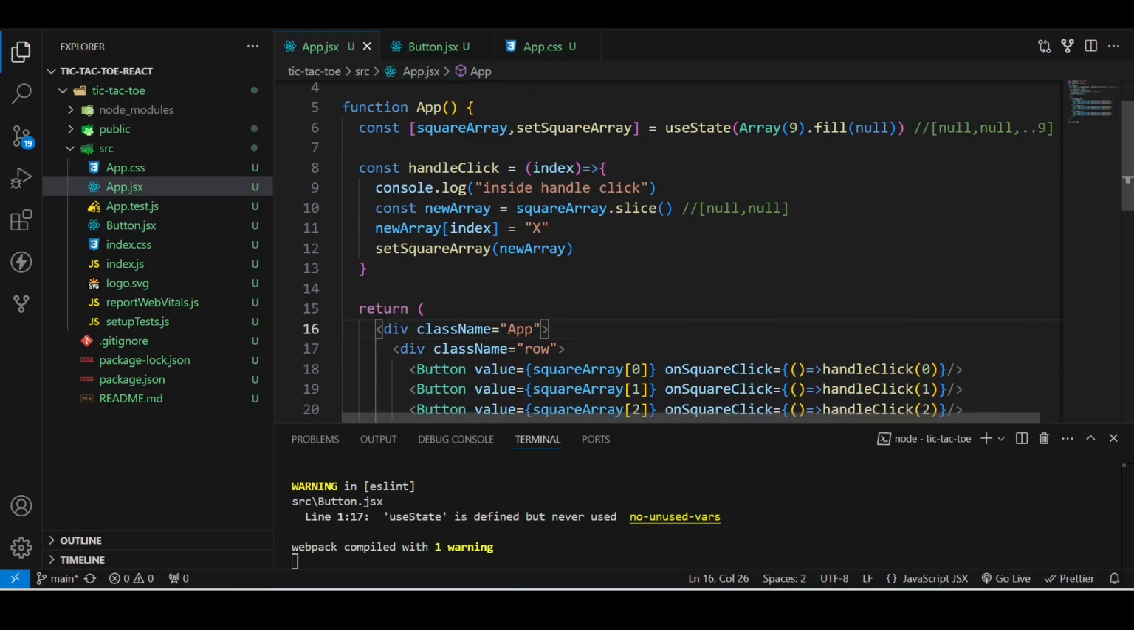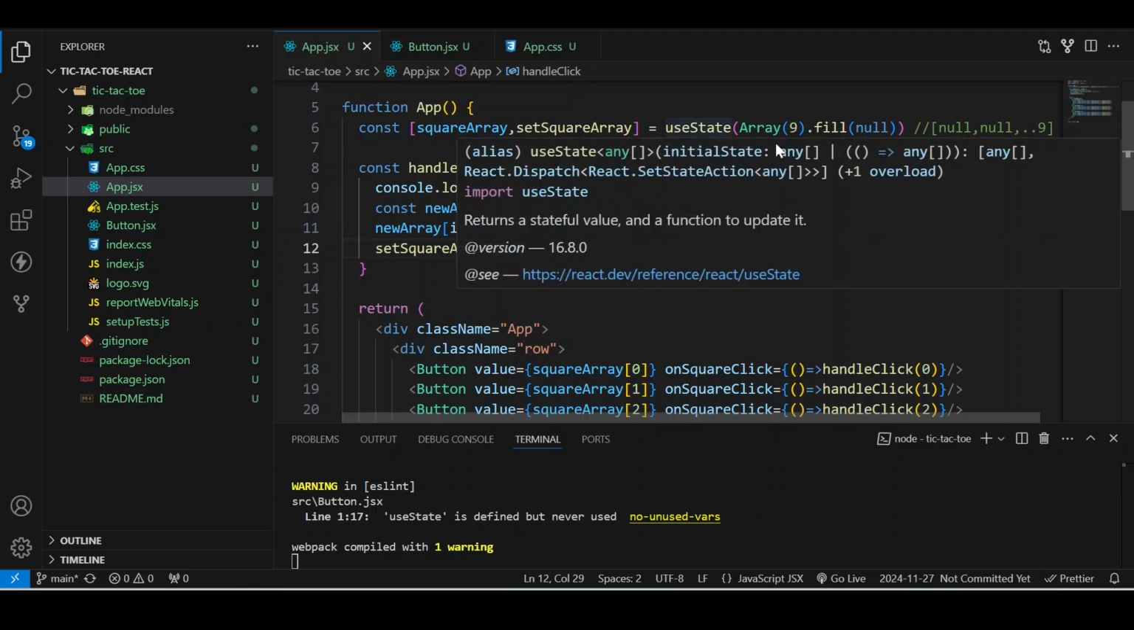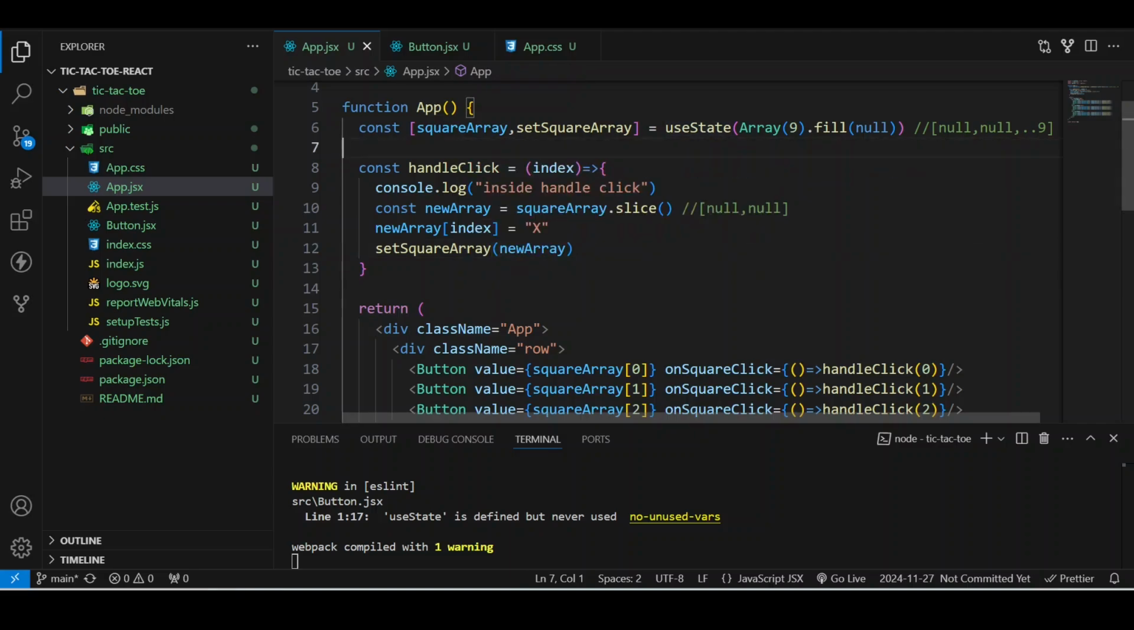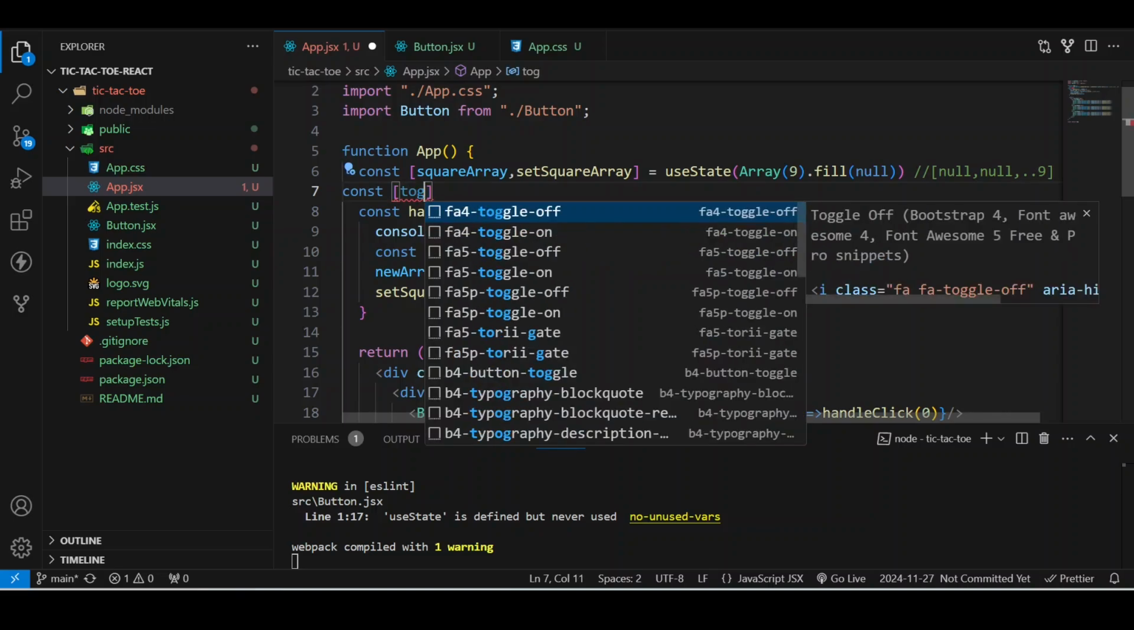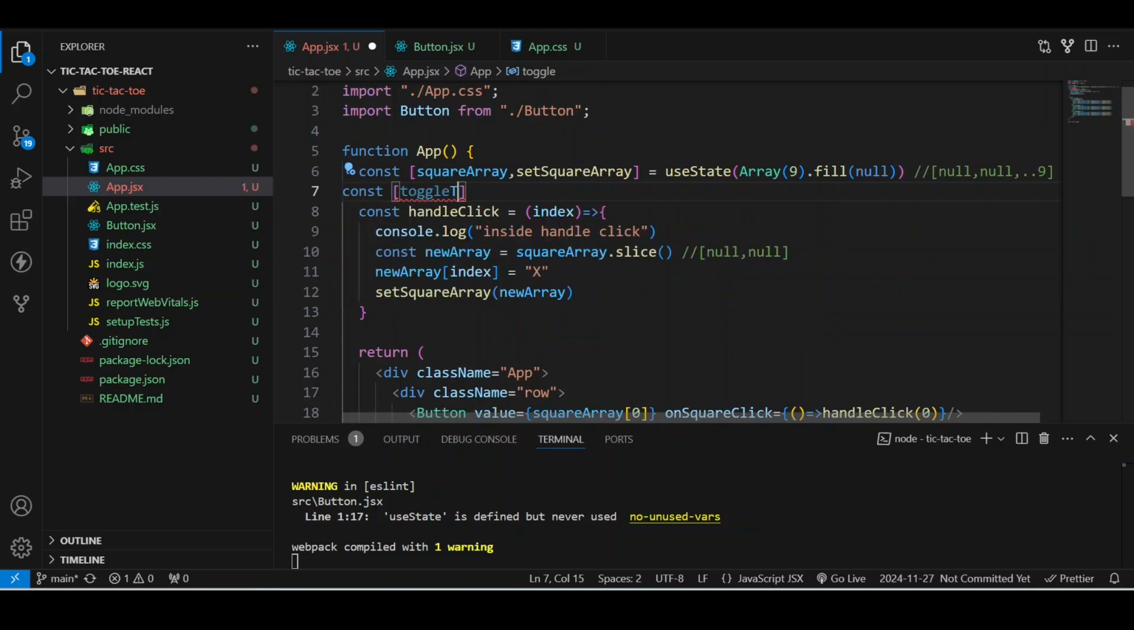Because I haven't written a condition for 0 to appear, or the turn of 0. So in order to do that, we first need to keep track of whose turn it is. Is it X's turn or is it 0's turn? In order to do that, we can use a useState, and I will name it toggle value of